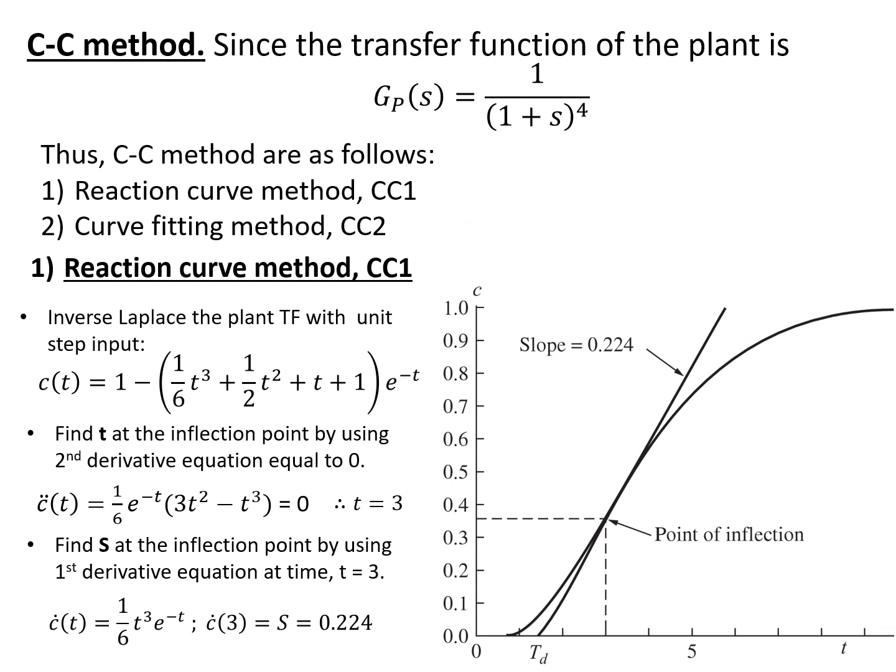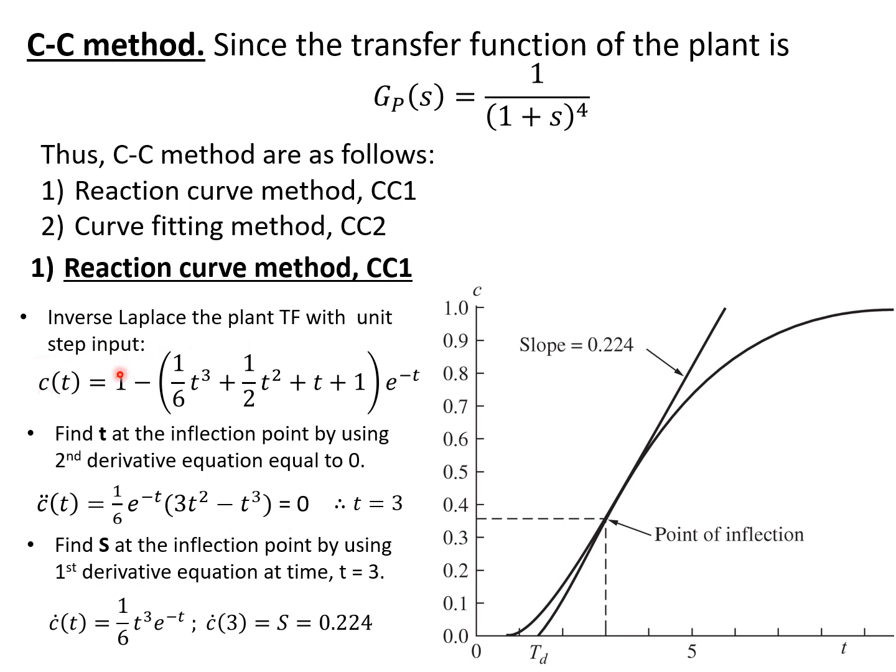If you use the Cohen-Coon method, it's also possible for this sort of system. It's a multi-capacity system, which definitely will give you a sigmoidal process reaction curve, so Cohen-Coon can be applied immediately without having to check anymore. But to get those values for Cohen-Coon, you can use two methods. One, you can use the reaction curve method, they call it CC1. What you do is you do a little bit of